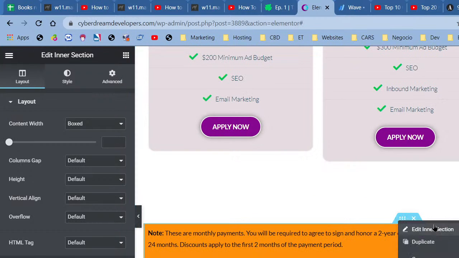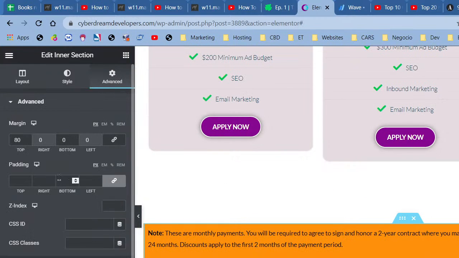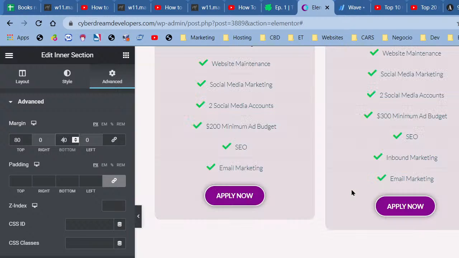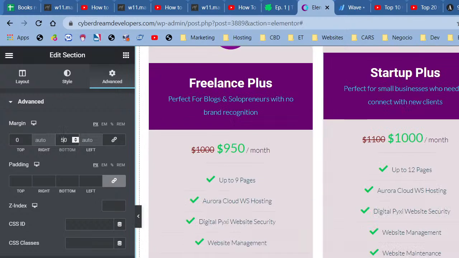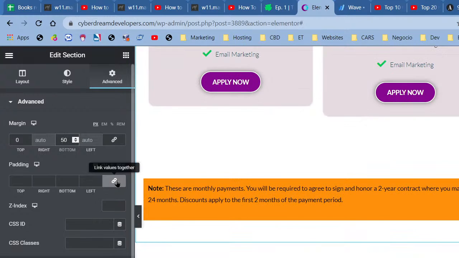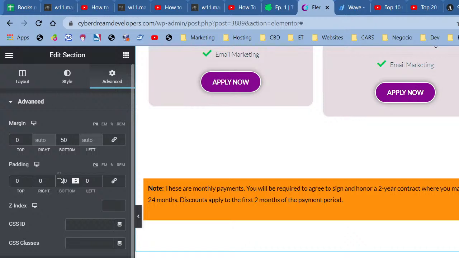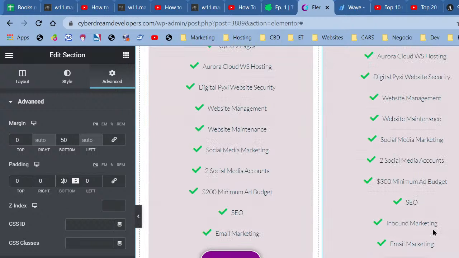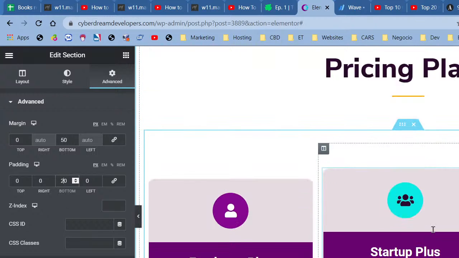Goes nicely. I need to have some space at the bottom. So I'm going to add 40 to my bottom, and then I'm going to work on this one, edit section, and I'm going to go with another 50 at the bottom in the margin, and I think I might do 20 in the padding, whatever. All right, now what I'm going to do is